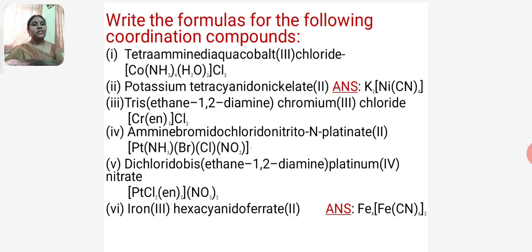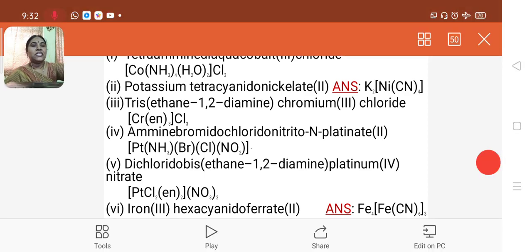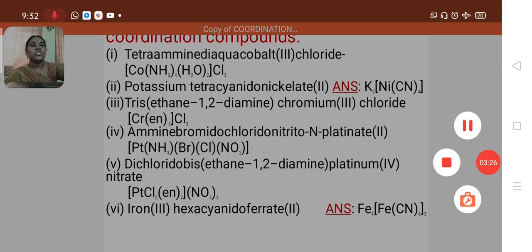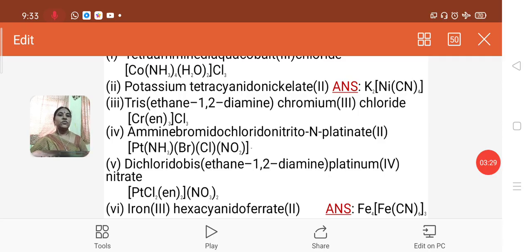Why have we written ammonia first? Because we have to follow the alphabetical order. So, NH3 taken 4 times, followed by H2O taken twice. So, the formula of the complex ion is Co, NH3 taken 4 times, H2O taken twice, enclosed in parentheses, and the